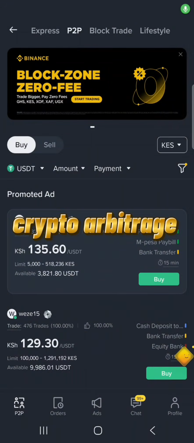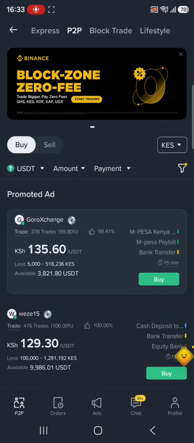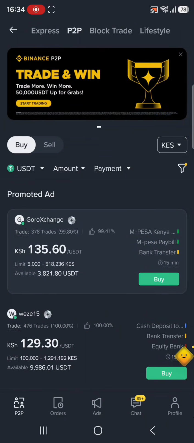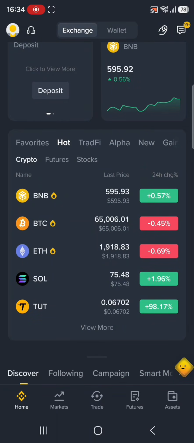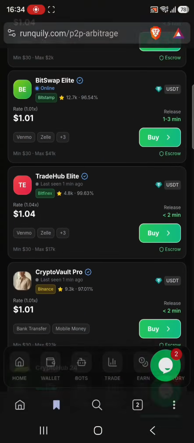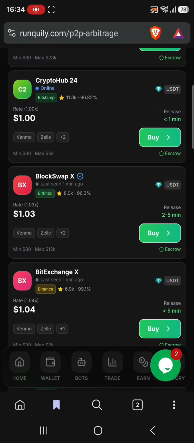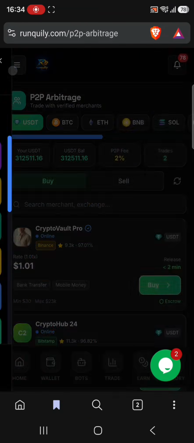So let's trade crypto arbitrage trading. And as I said in the previous video, crypto arbitrage trading is buying assets at a low price in a centralized platform and selling them at a higher price in a decentralized platform. So I told you, you can start with a capital of at least 50 or 200 USDTs, and you trade